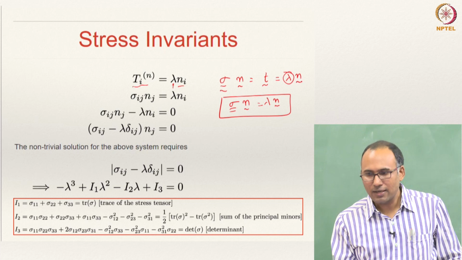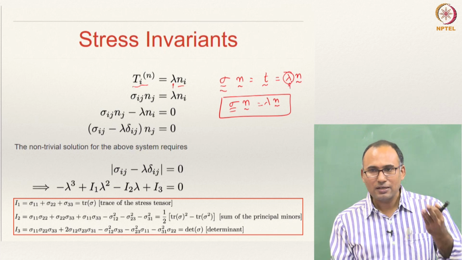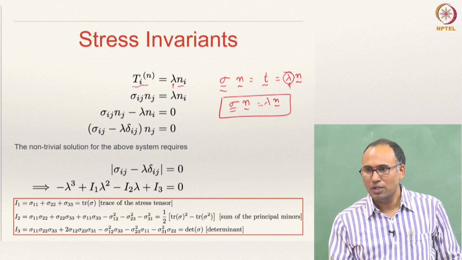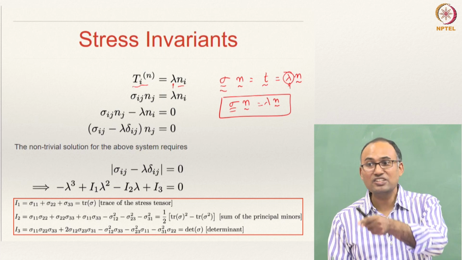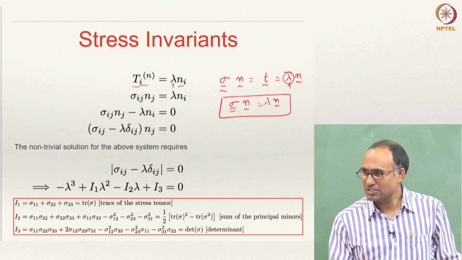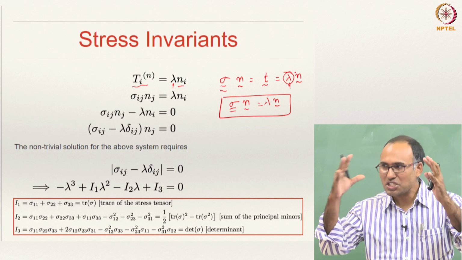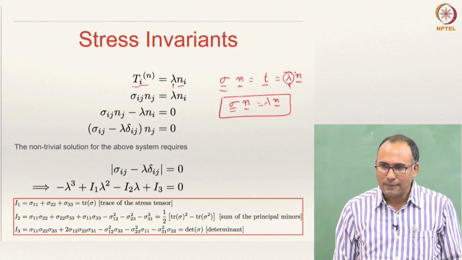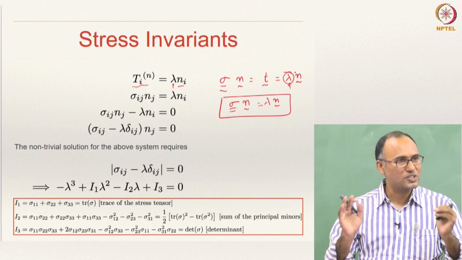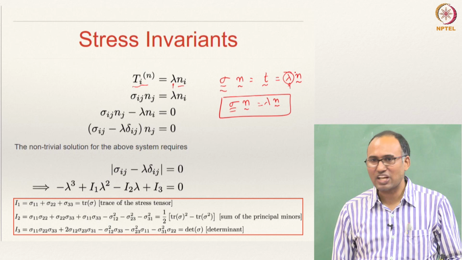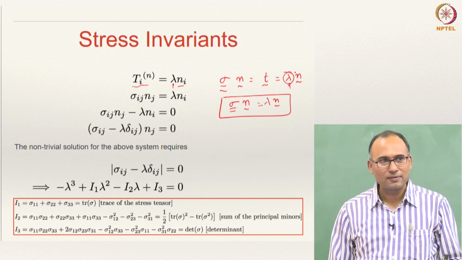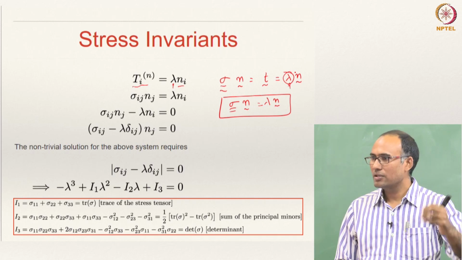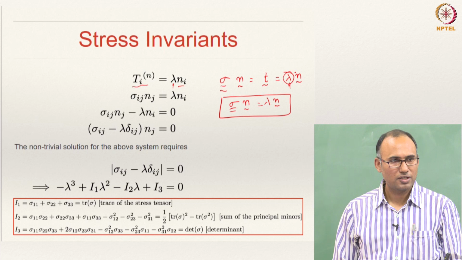So what will be this magnitude, by the way? If it is a unit vector in the same direction, then this will be your eigenvalue. From the stress tensor perspective, this is a normal stress component. That means that is your principal stress, isn't it? That means if you are given a stress tensor and you find the eigenvalues of that stress tensor, the eigenvalues correspond to principal stresses, and the eigenvectors correspond to principal directions. So given a stress tensor, you can find out the eigenvalues, and they will be your principal stresses, right?